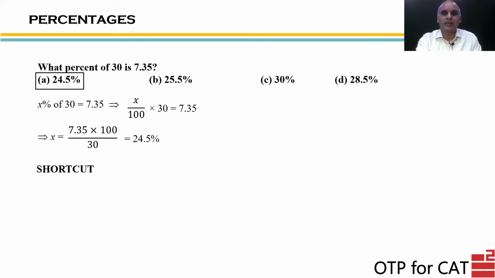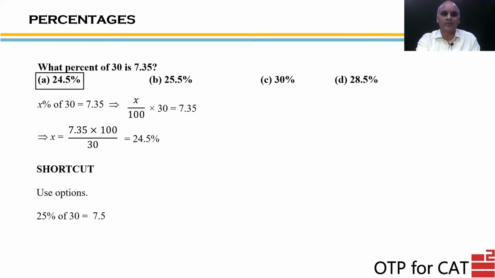We can apply a kind of shortcut to solve this question without any such calculations. If we cursorily look at the options given, they are all hovering around 25% or maybe 30%. So if I pick 25%, we see that 25% of 30 is how much? 25% of 30 is 1/4 of 30, which is 7.5. Means half of 30 is 15, and half of 15 is 7.5.